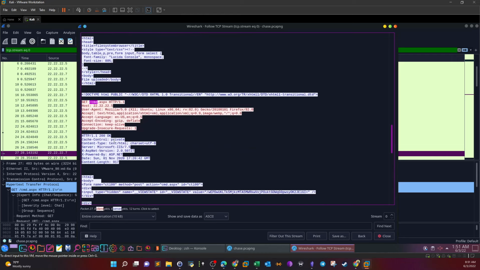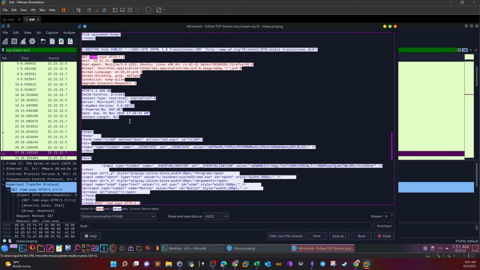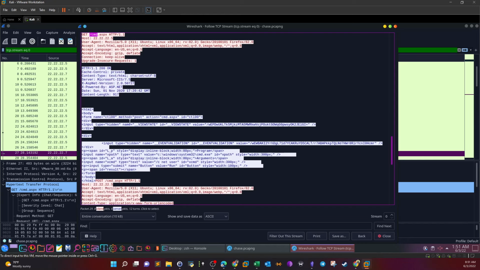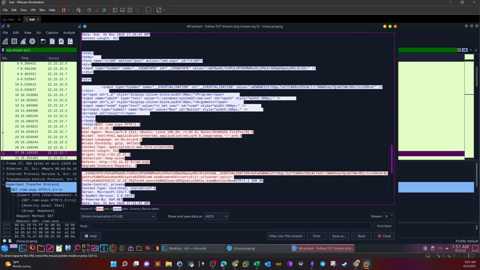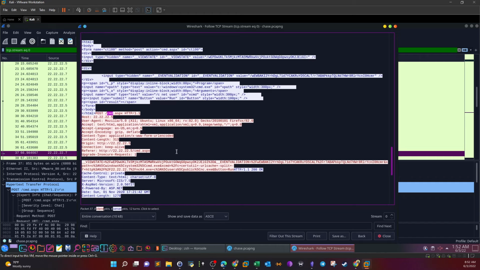Let's take a look at what are the commands the attacker has issued, so we can see them in the response of the web server. Scrolling all the way down, let's see here. Okay, here is still nothing, and then we see the POST request to access the CMD and issuing the commands. Now here we see the command, guys. Under the path, and then you have the CMD equal to certutil dash urlcache dash split,